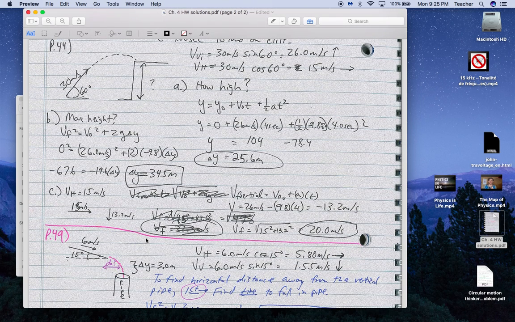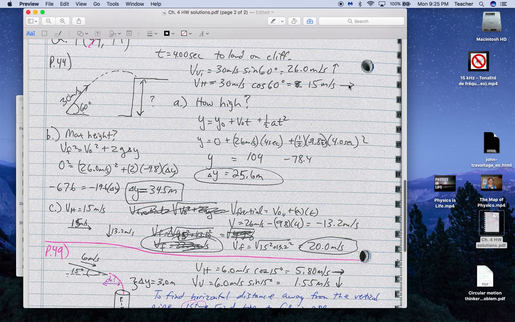For part C, it's asking the final speed at which the object hits when it lands on the surface of the cliff. Well, the horizontal speed isn't going to change. It's going to be 15 meters per second. That's why I have all these scratches out over here, is I'd put 18 in, and I don't know why, because I'd already written 15. At any rate,